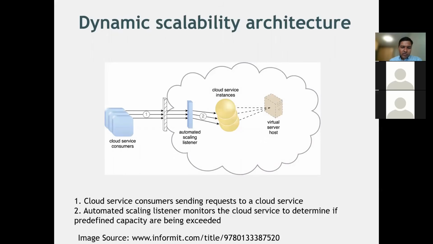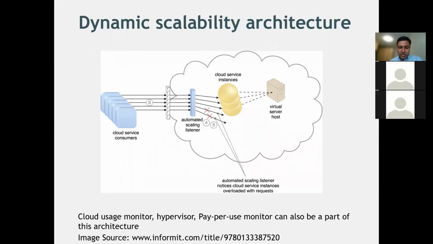So how does it work? In one type, the cloud service consumer is sending a resource request to the cloud service, and there is an automatic scale listener that decides what capacity it has and, if the demand increases, gives more services. So this is a very simple one, and if we go for a bit more complex, there are many types